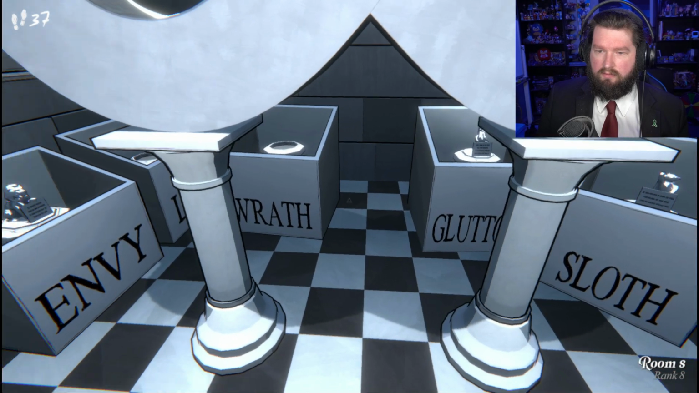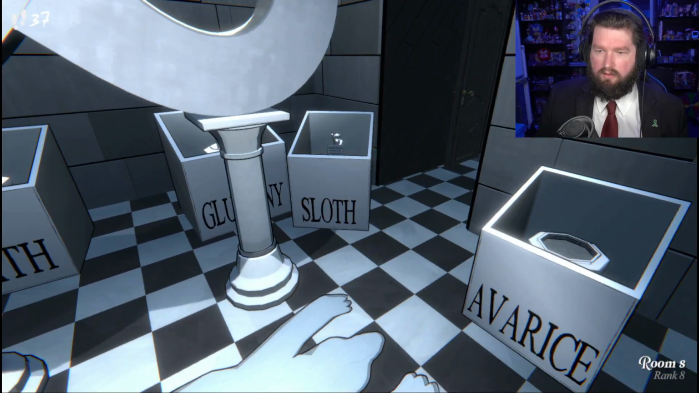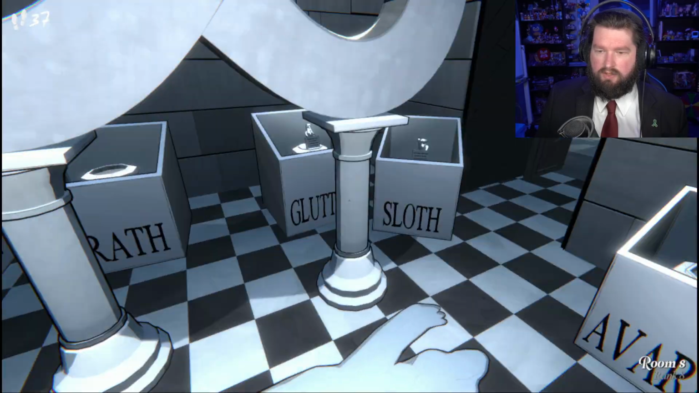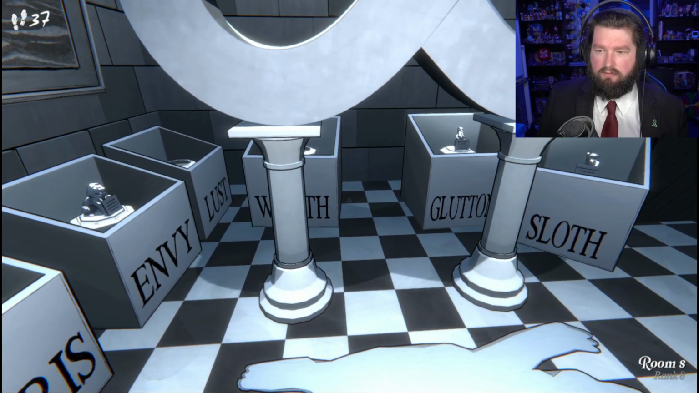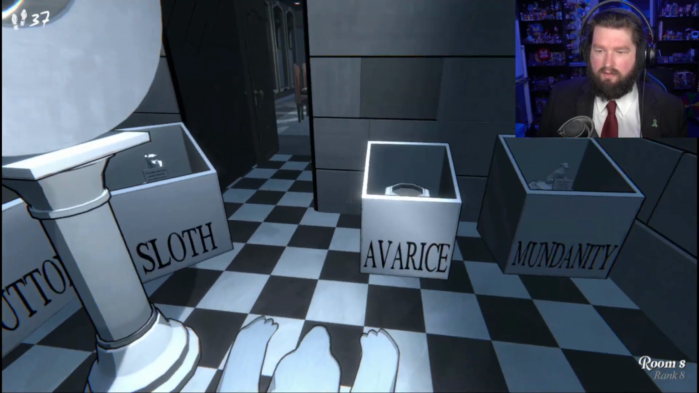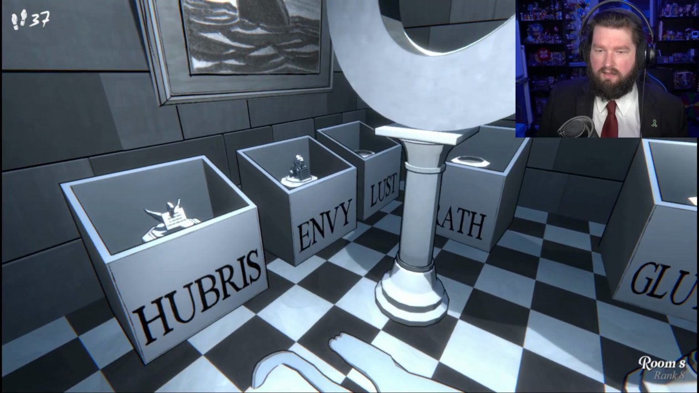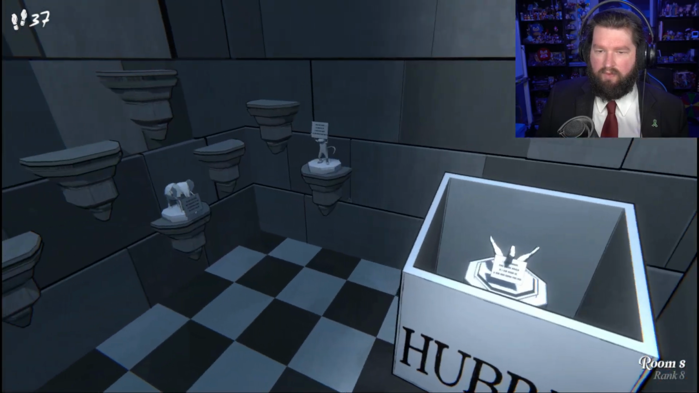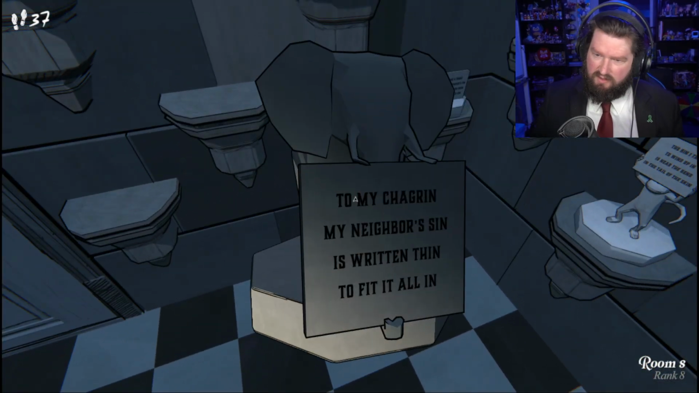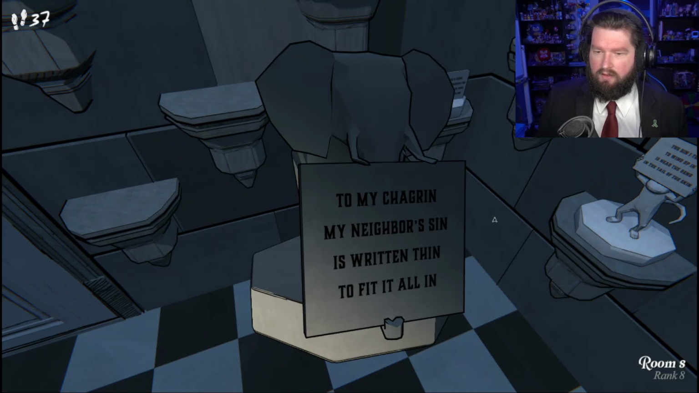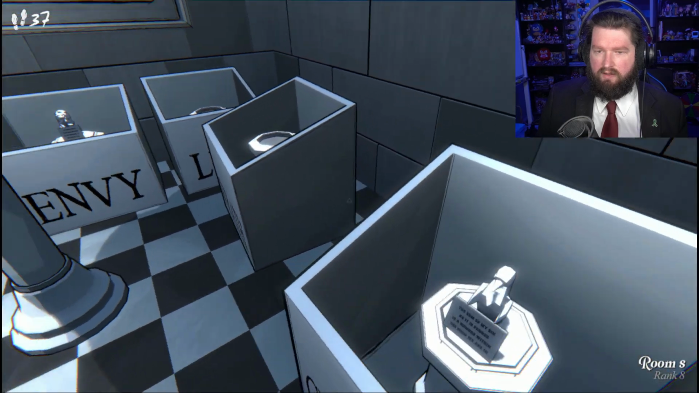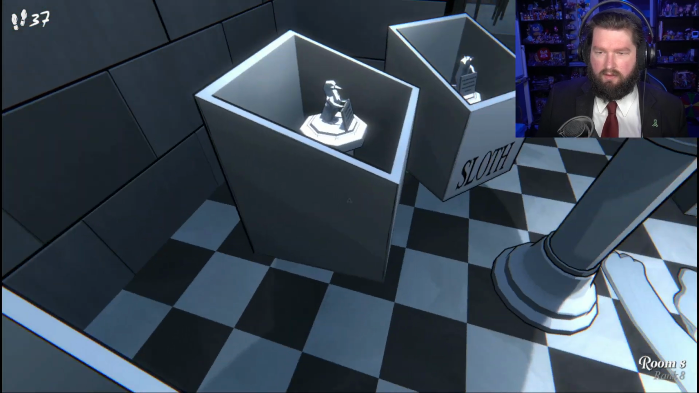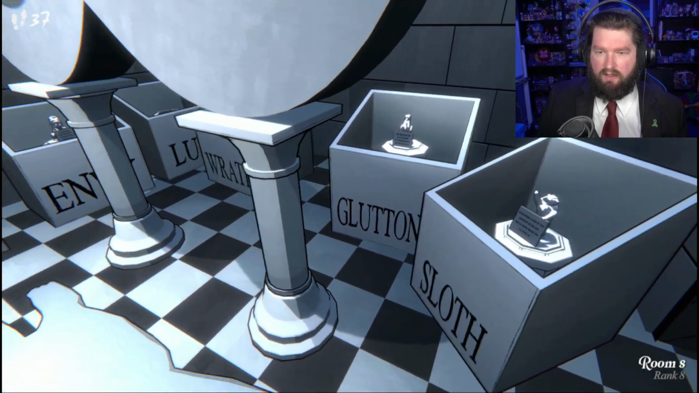Wrath and with my neighbor's twin. Envy, lust, wrath, sloth, avarice, mundanity. Okay. To my chagrin, my neighbor's sin is written thin to fit it all in. Yeah, so that's got to be one of these two. Because my neighbor is gluttony. That one